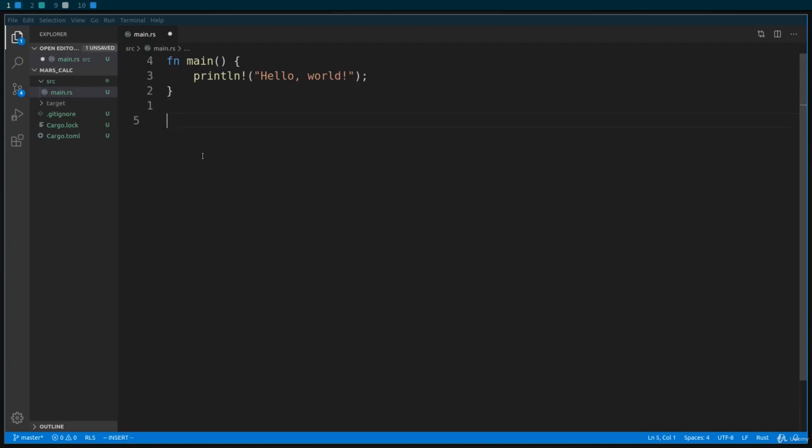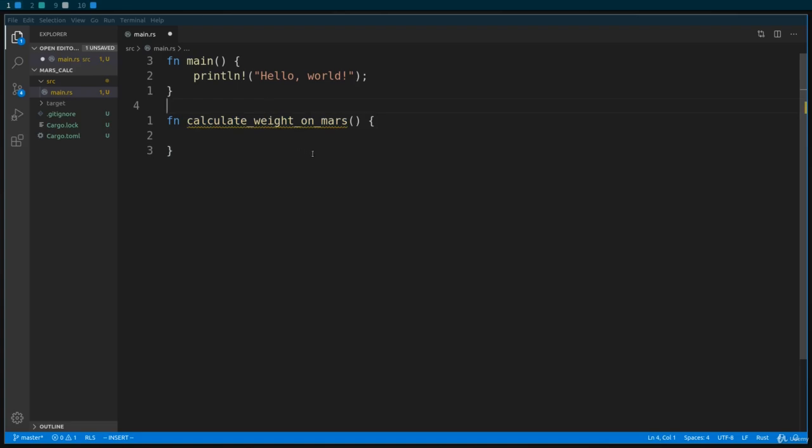So what we are building here is a calculator that's going to calculate our weight on Mars. So let's create the function that's actually going to do this. So we want to name our function calculate_weight_on_mars. Pretty simple. And we put the brackets and we put the curly brackets. So this is the naming convention for functions in Rust. All right, so